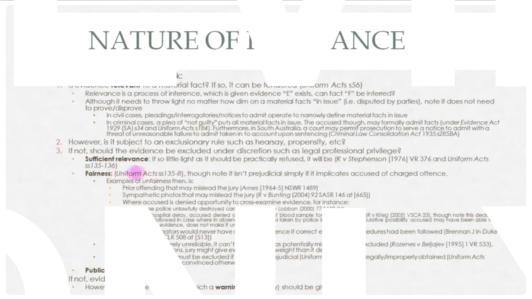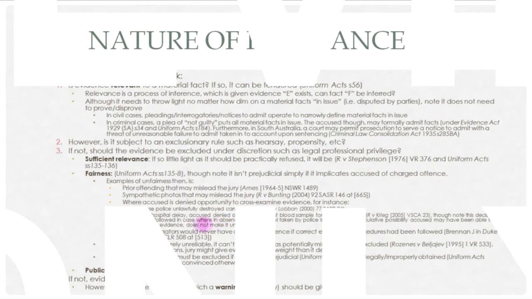And you've got fairness, so that's Uniform Act, section 135 to 8. Although, note that it isn't prejudicial simply because it implicates the accused of the charged offence. So just because it accuses the charged, it doesn't mean that it's prejudicial. Now, examples of unfairness then are the following. Where the accused is denied an opportunity to cross-examine evidence, so for example, because the police has unlawfully destroyed cannabis seeds, and that's R